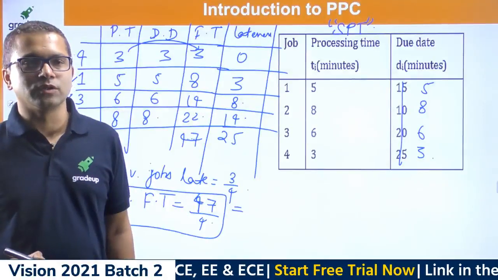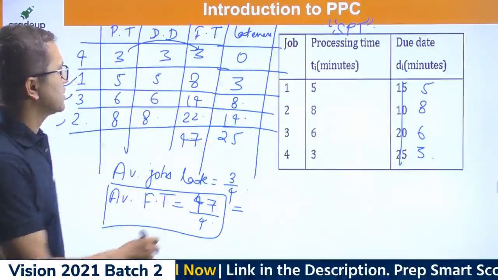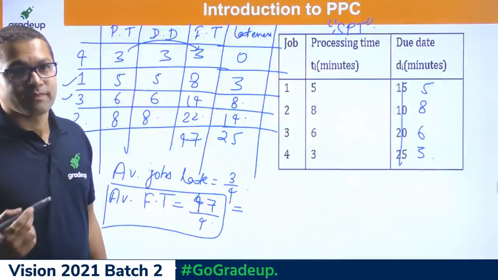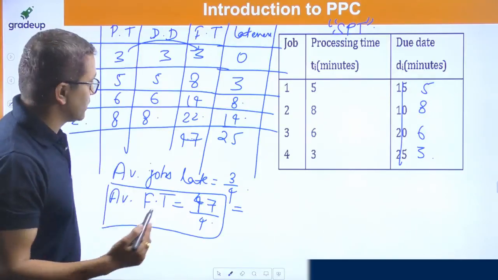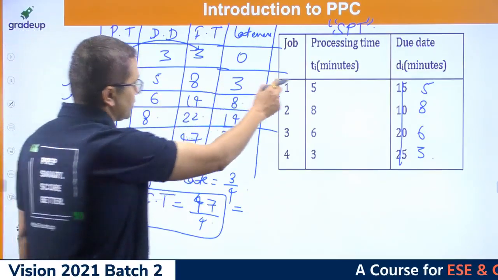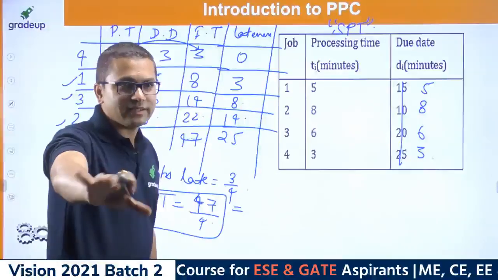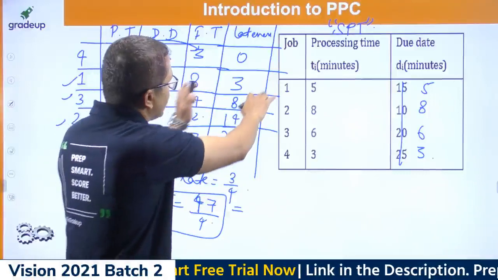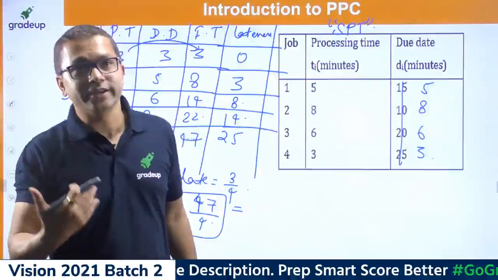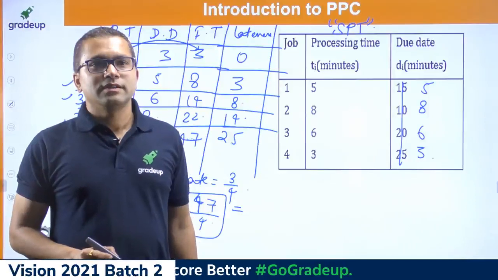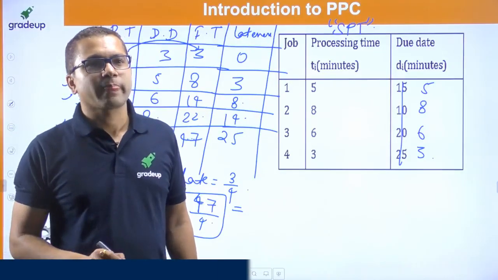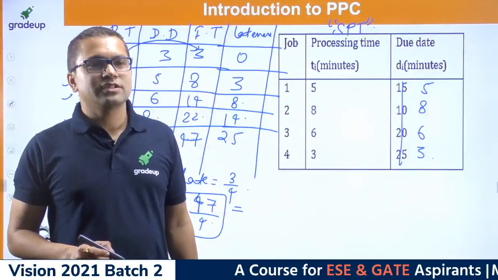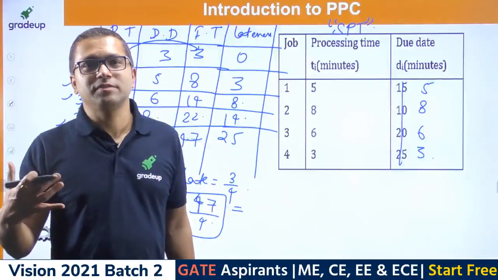Okay, fine. Good. Now, can you please sequence the same problem using earliest due date? Obviously, you can calculate everything. Just have a comparison between SPT and earliest due date, all right? So that you can compare both of them. Just do this. Shortest processing time, you have 5 minutes for that.